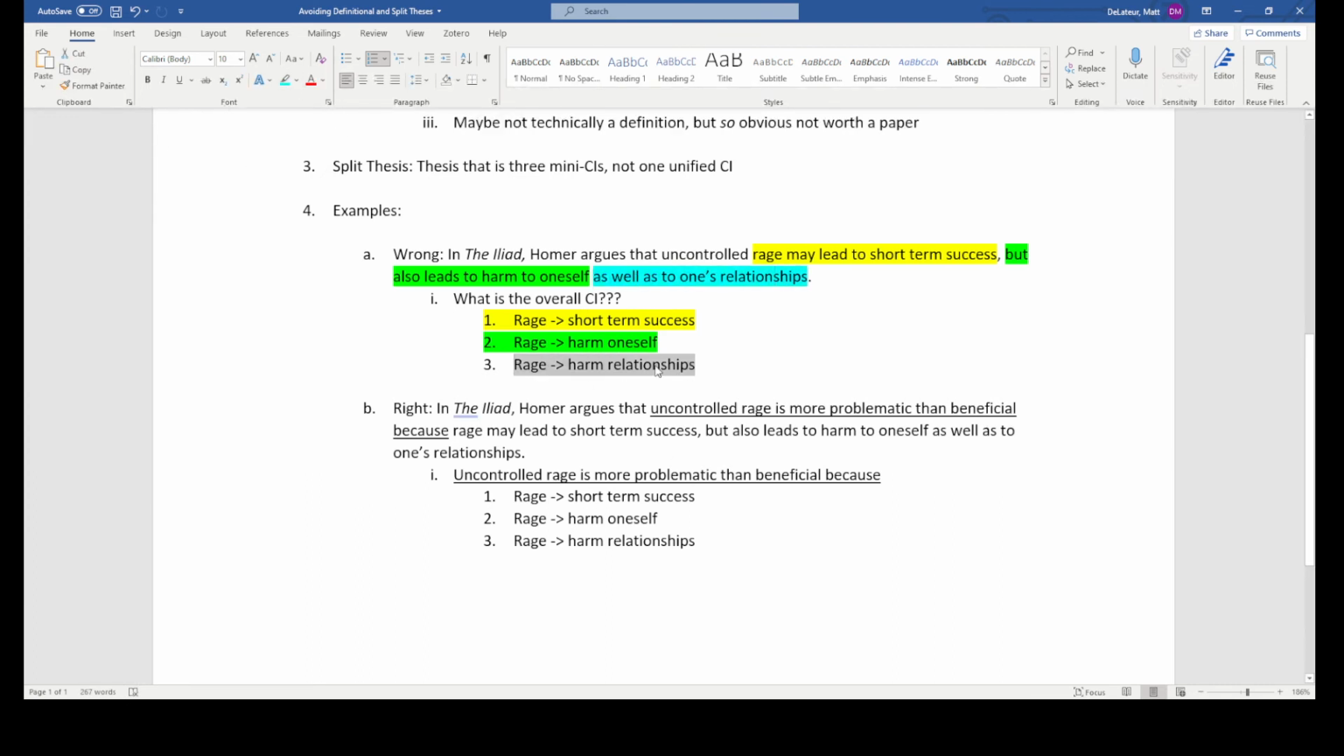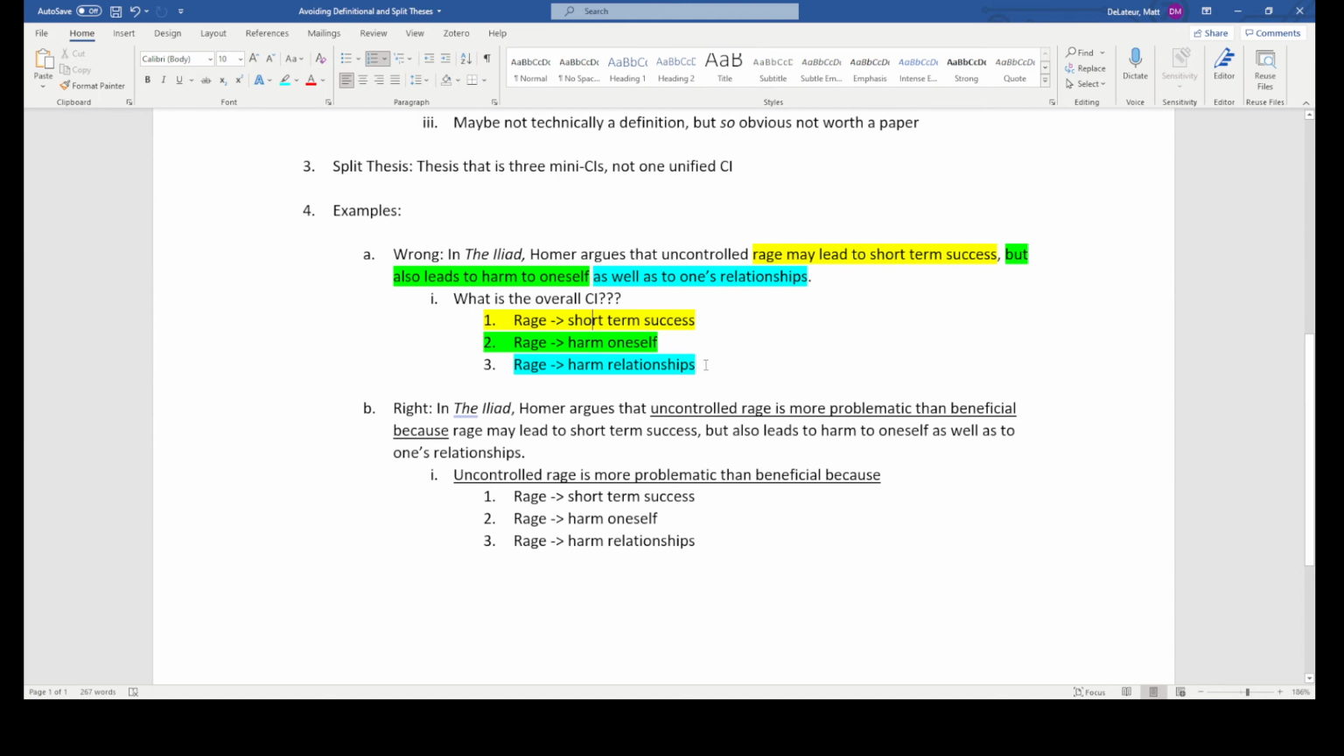But what are these three causal relationships? Because each one's a causal claim. Rage leads to success. Rage leads to harm. Rage leads to harm. What are you trying to prove altogether? What is the ultimate value judgment here? Or what is the ultimate causal claim? The writer might say to themselves, what do you mean, Mr. D? I'm actually doing more work than you're asking me to do. You're asking for one causal claim with three subpoints. I'm giving you three causal claims. Well,